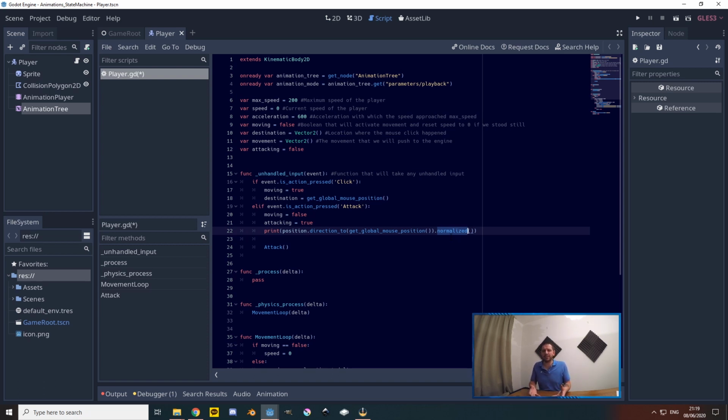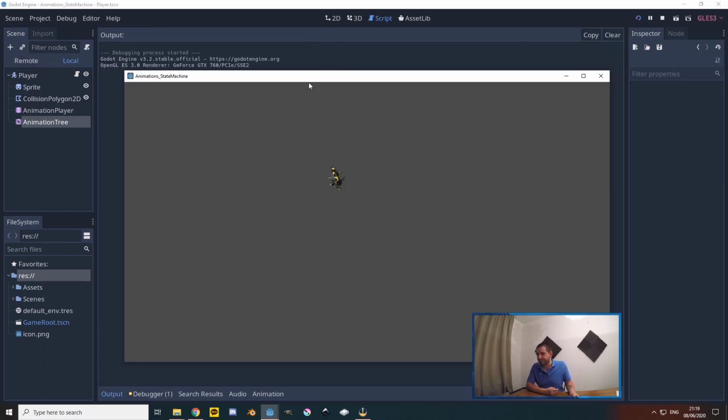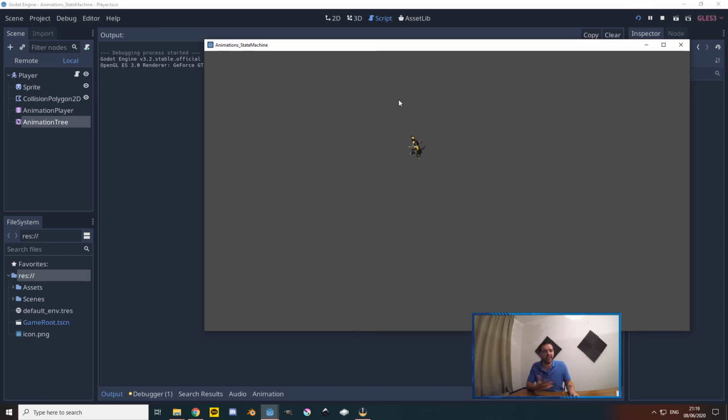That sounds a little bit complex. I probably made that more complex than necessary. Anyway, what you need to know is that the result of this will be a vector2 between -1 and 1 on both x and y axis. And that's of course perfect for a blend space, which takes exactly those coordinates. So if we would really quickly play this game, we have our character here. It cannot move, any animations of course are now ripped out.